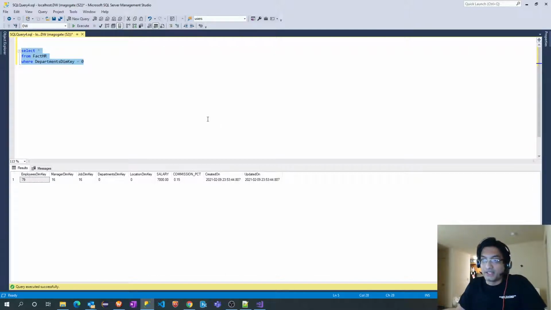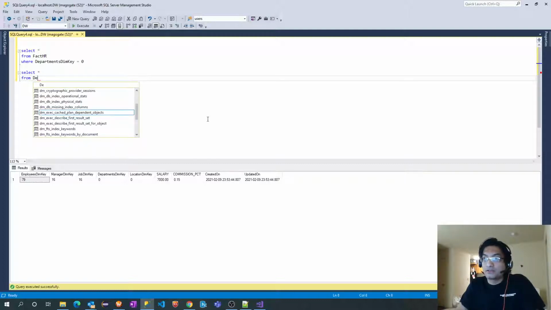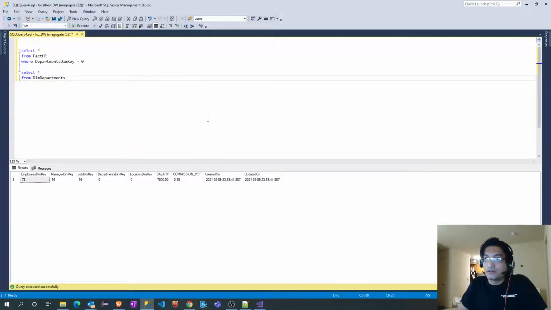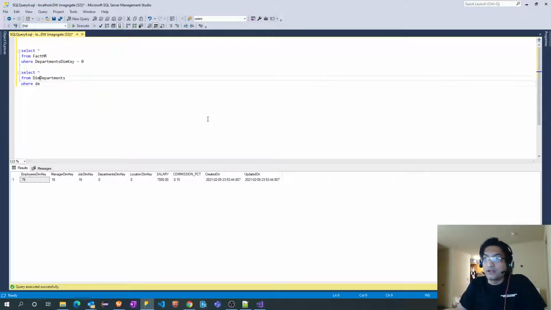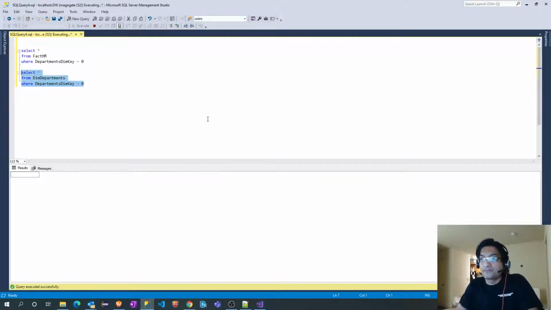Okay, this value is there, but let's check if this value exists in the dimension table or not. So the department dimension where department, I will simply copy this. It doesn't exist. Okay, and that's the reason it's failing.